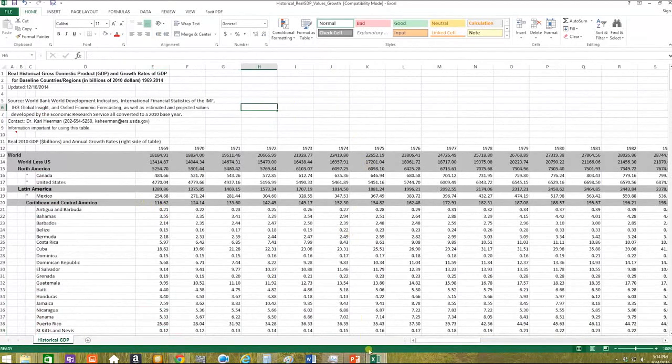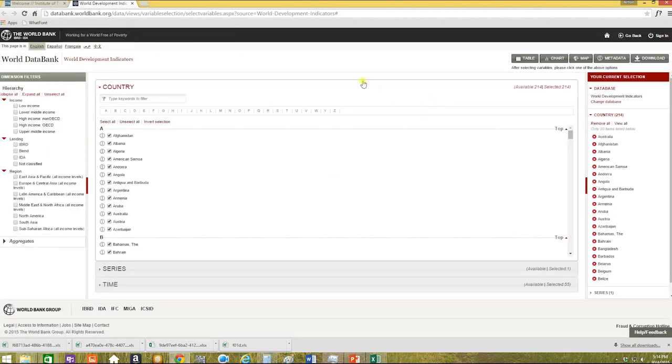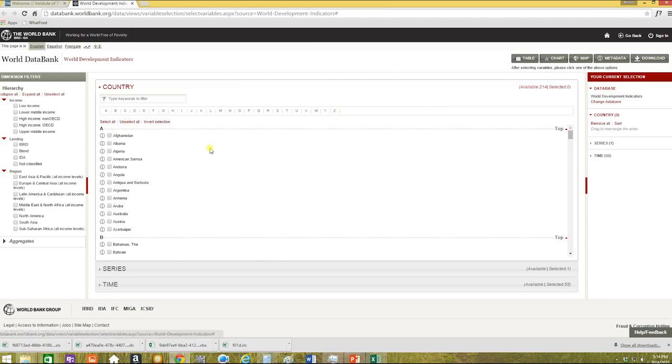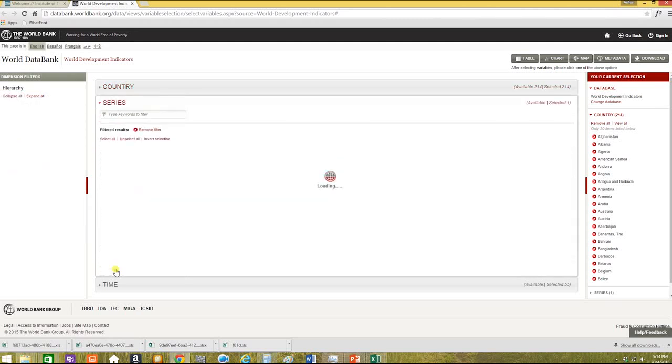And all you have to do to get this data is go to this World Bank link here. This will take you directly online, and we're given a dataset variable choice. When you first click into it, you'll be given country, series and time, and nothing will be selected for each section. What you have to do is select all, or if you're focusing on one particular country, just select that country, go into the data series,